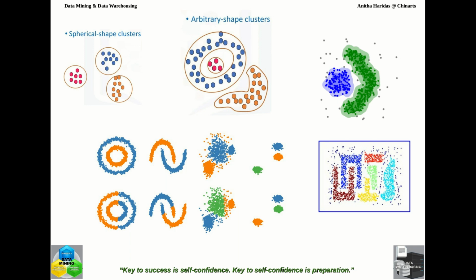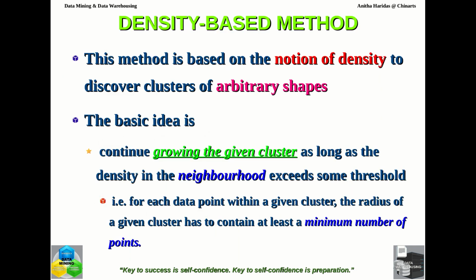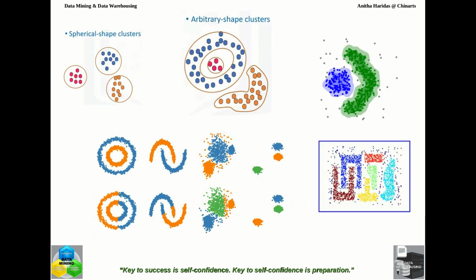Take this point, you check whether it is surrounded by 11 number of data points, and take another point, check whether 11 number of data points are there. Then take next point, check whether 11 number of data points are there. So for each of these data points, the neighborhood value will be calculated, and if the neighborhood value is having minimum number of points, then that value will be used to create a cluster. So that is what is the whole idea behind density based method.